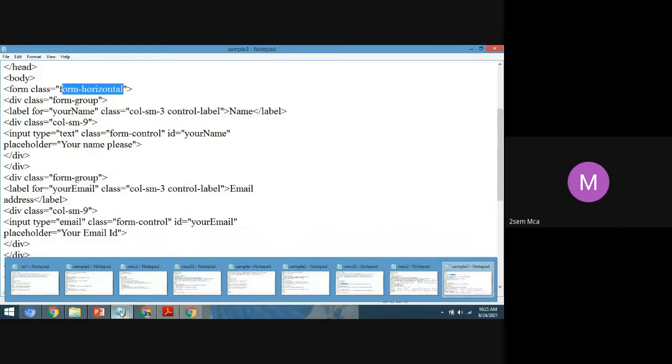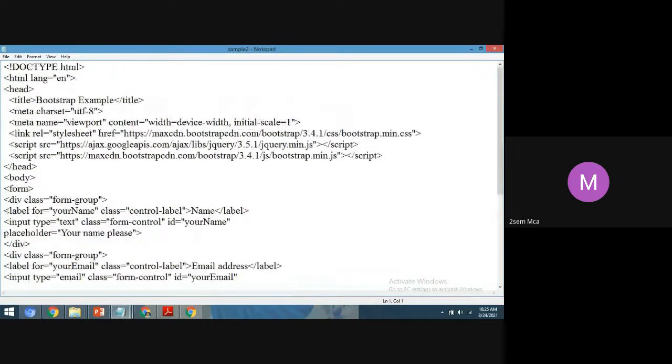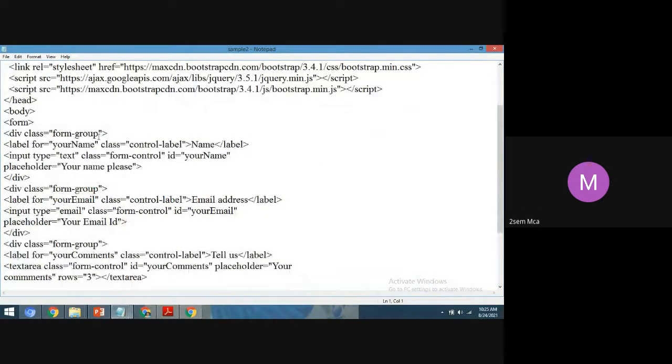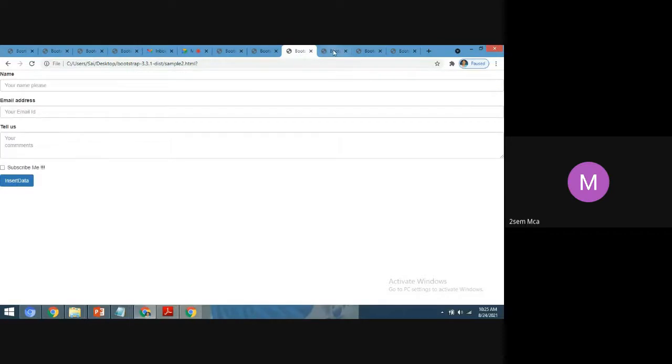Tell me the difference between this code and this code. By seeing the output, are you able to observe anything, students?